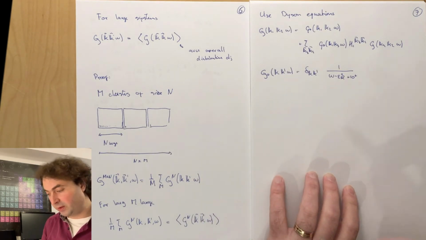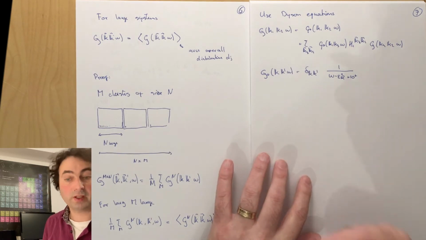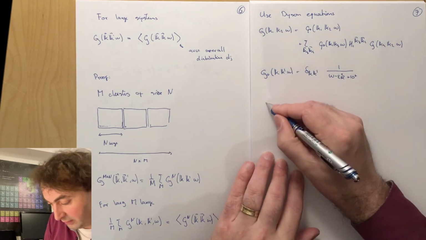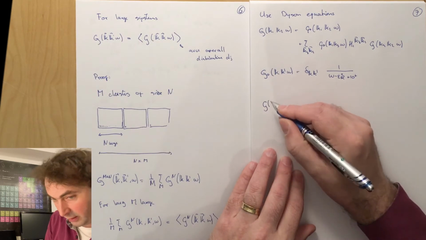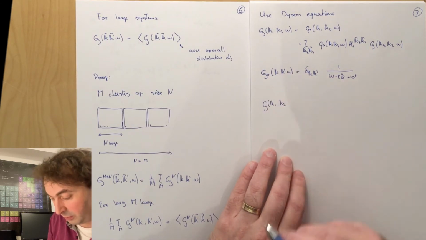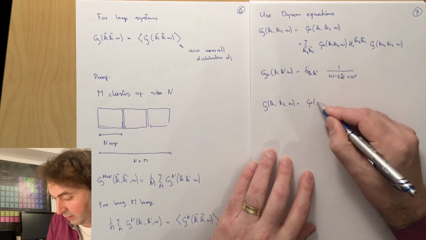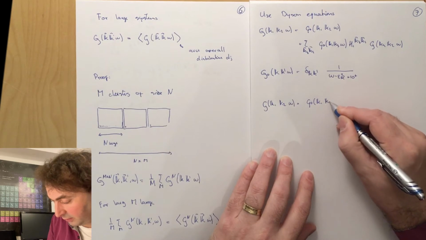In order to continue, we can of course now put in the full Green's function back in the Dyson equation, such that we get a series expansion, and then our full propagator, where we go from crystal momentum 2 to crystal momentum 1 at energy omega, is given by the bare Green's function